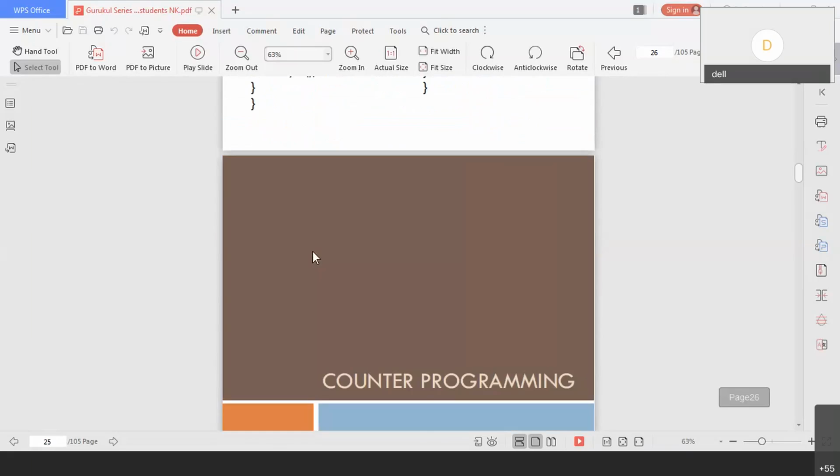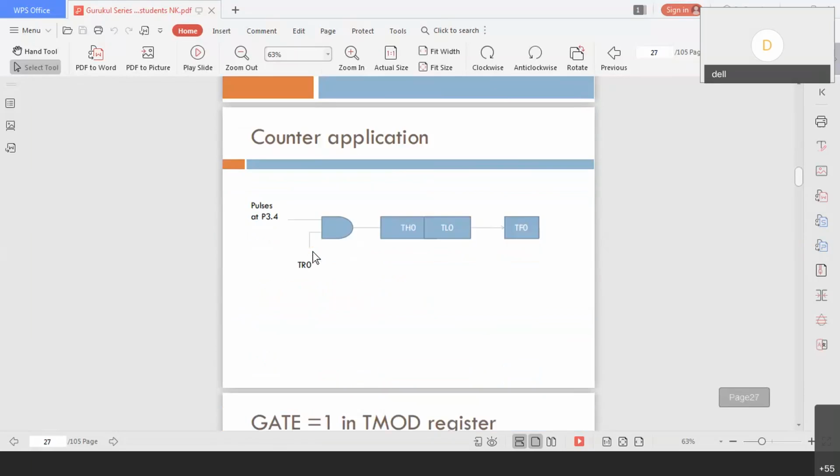Okay, so now let us see how the counter works. Instead of internal clock pulses, if you check here, P3.4 is available there. From P3.4, you are able to get the clock pulses which will be allowed to TH0 and TL0.